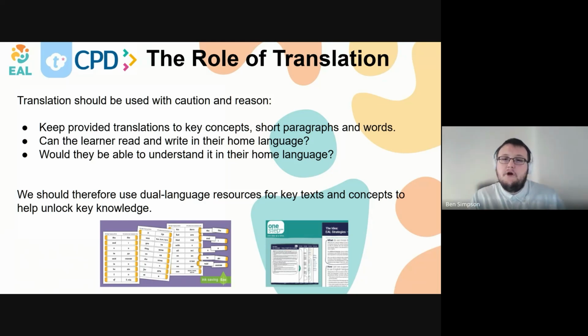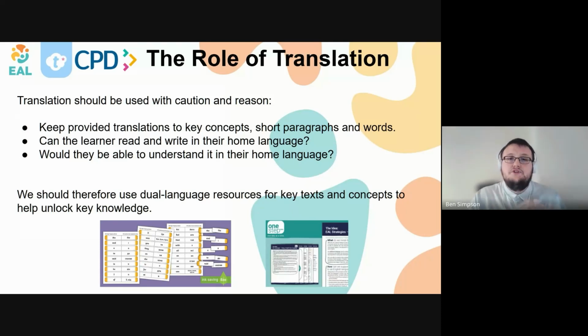Where translation may not be possible due to time or linguistic restraints, vocabulary should be kept short and simple to ease cognitive load on an EL learner. We should also think about if the learner can read or write in their home language. Especially for younger learners, they may not have developed reading or writing skills. So if they can't, translations won't be useful in most cases. The topic or vocabulary might even be hard to understand in their home language. Maybe they don't even have that prior knowledge that they can access with translanguaging or translations. If they haven't got that, then translation might not be the best option either.